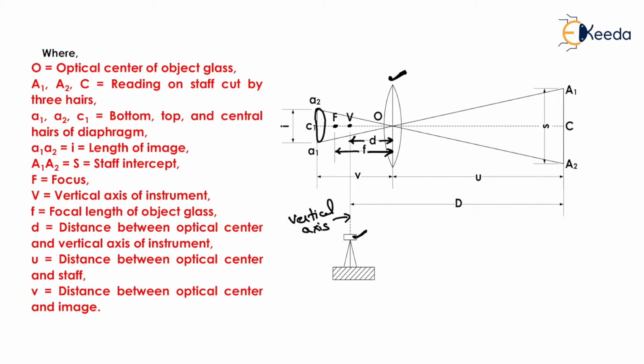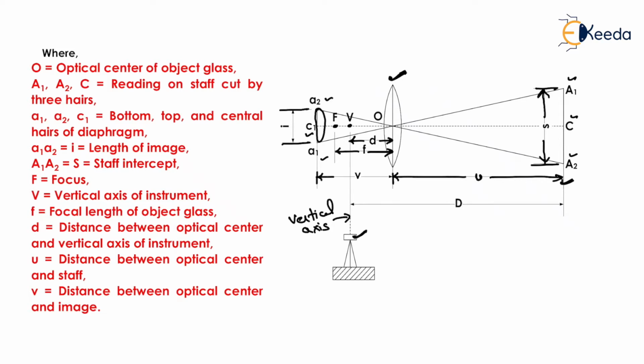The staff is placed here and the three readings along the three crosshairs will be A1, C and A2. So its image will be formed on the eyepiece, that is a2, a1 and c1. This is known as the stadia intercept, that is small i, and this is known as the staff intercept, that is S. Now the distance of the object from the optical center is shown by U